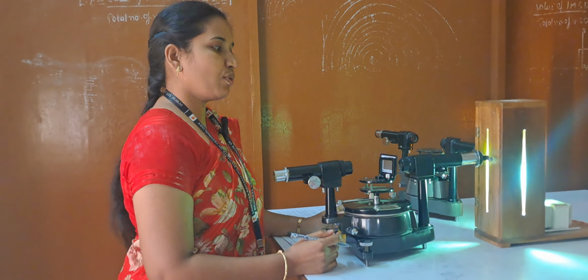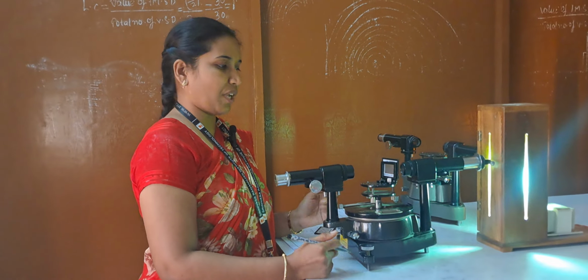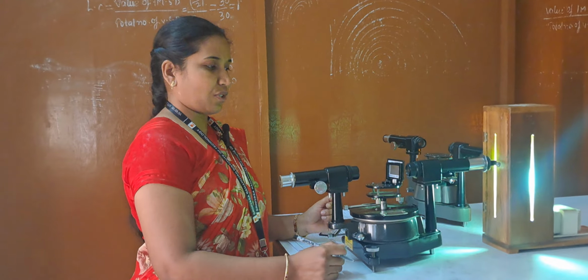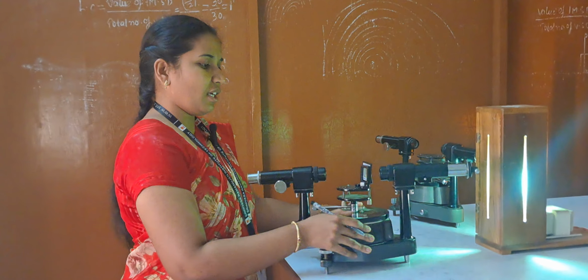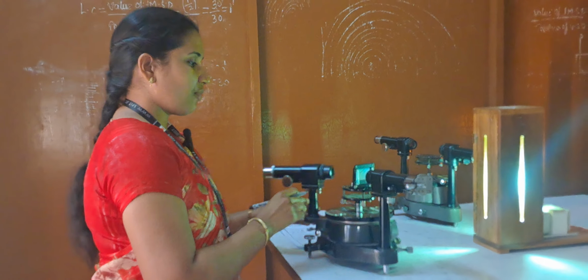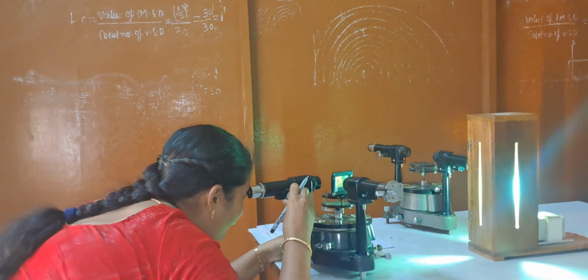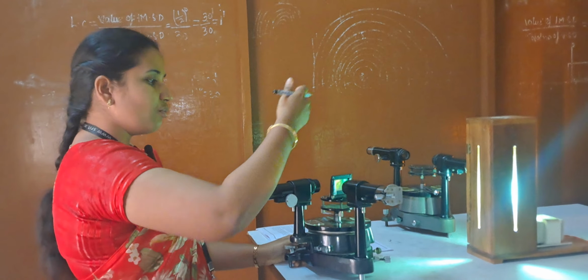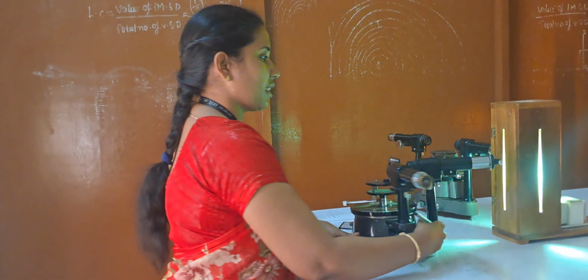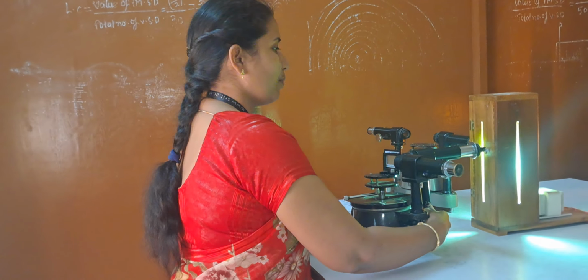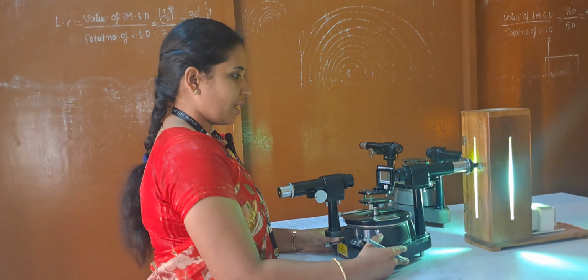Before starting the experiment, there are some preliminary adjustments we have to do for the spectrometer. One is we have to focus the telescope on a distant object. If I focus the telescope on the distant object like this, I have to see the inverted image of that object. The second thing is, again we have to align the telescope with the collimator,